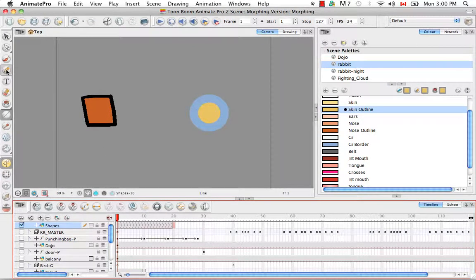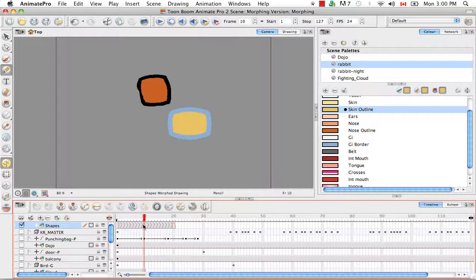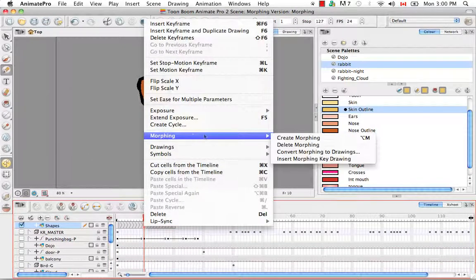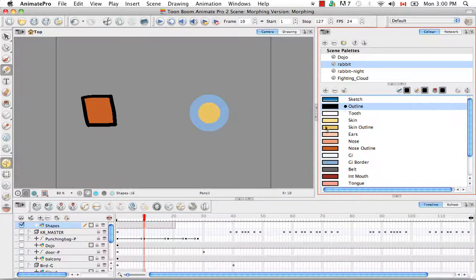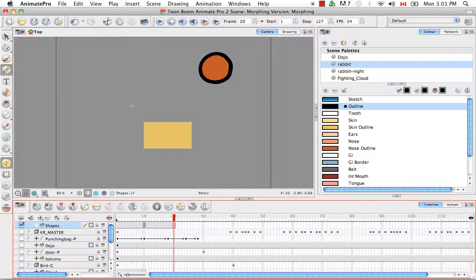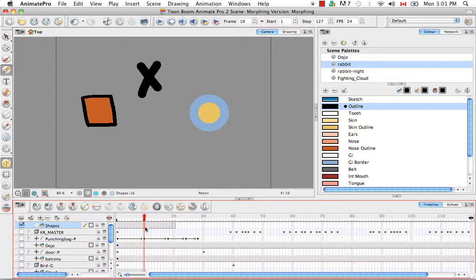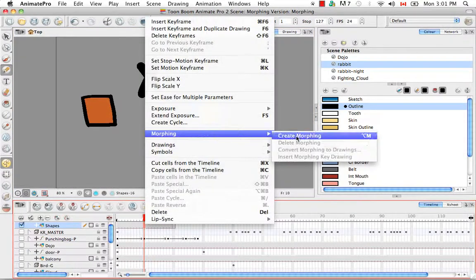So I'll select the pencil tool, and actually I'm just going to get rid of this morphing sequence first. So I'm going to select morphing, delete morphing, and let me select the black outline color. So if I do something like this, to most people that would be 2 strokes, but actually it's 4 strokes if you're using the pencil tool. There's 1, 2, 3, 4 strokes. And on the destination drawing, if you then only draw 2 strokes and then create a morphing sequence,